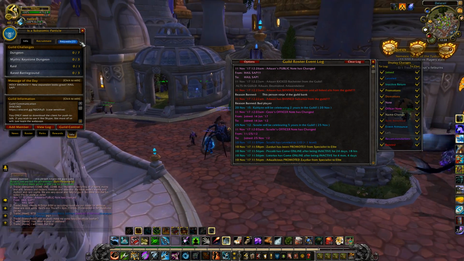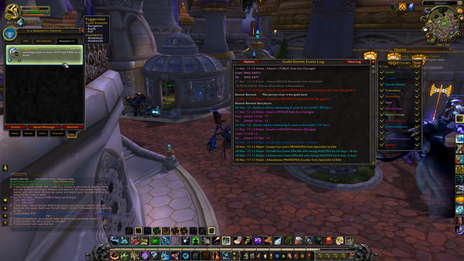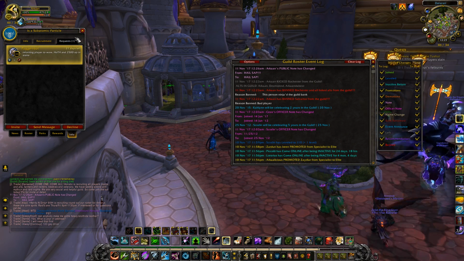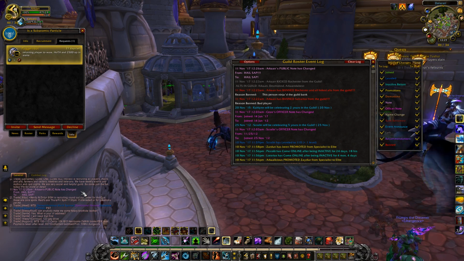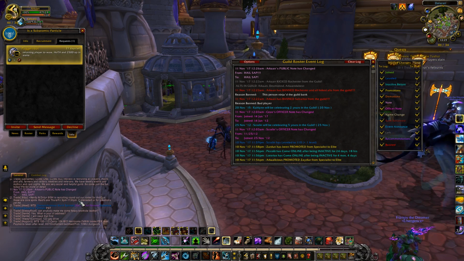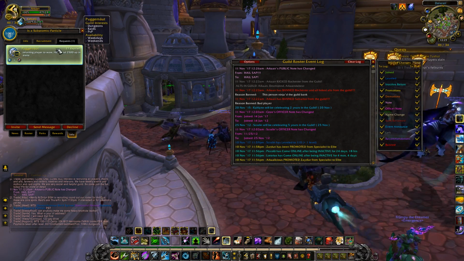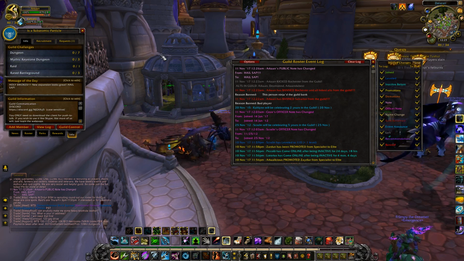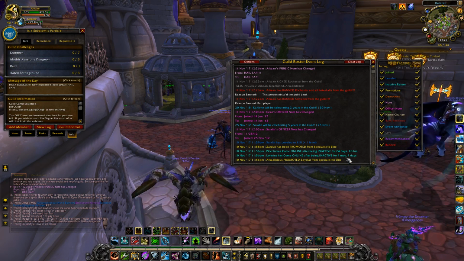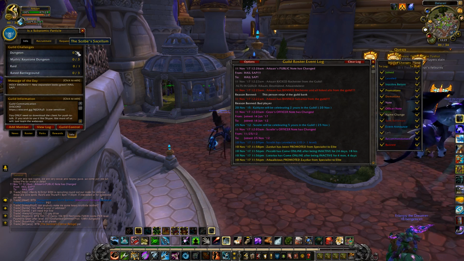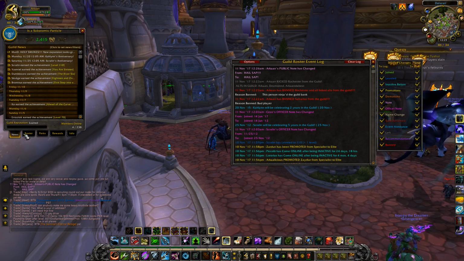If somebody requests to join the guild, it'll let you know when they send that request. It won't spam you with it constantly. It'll just let you know the first time it happens, or the first time you log in, to remind you. But that's lots of useful things. Anyway, with that being said, I really hope the add-on's helpful and useful to a lot of people. There is a lot of stuff that I'm working on, but most importantly,